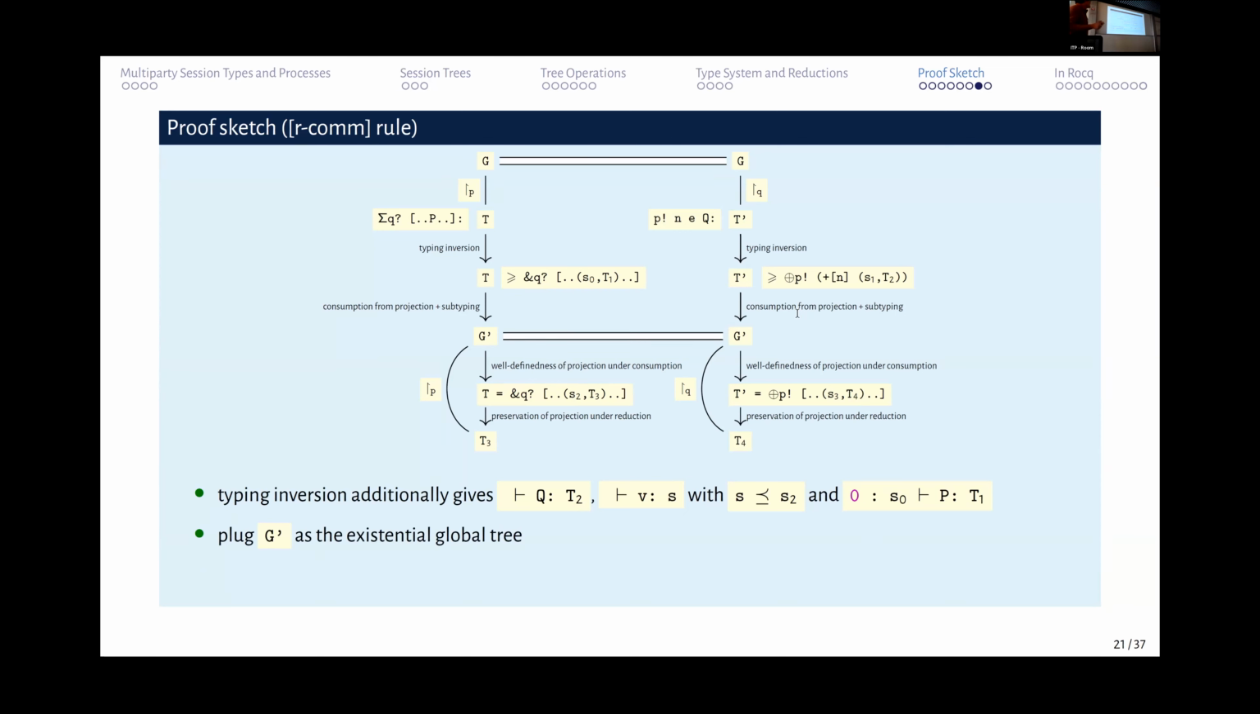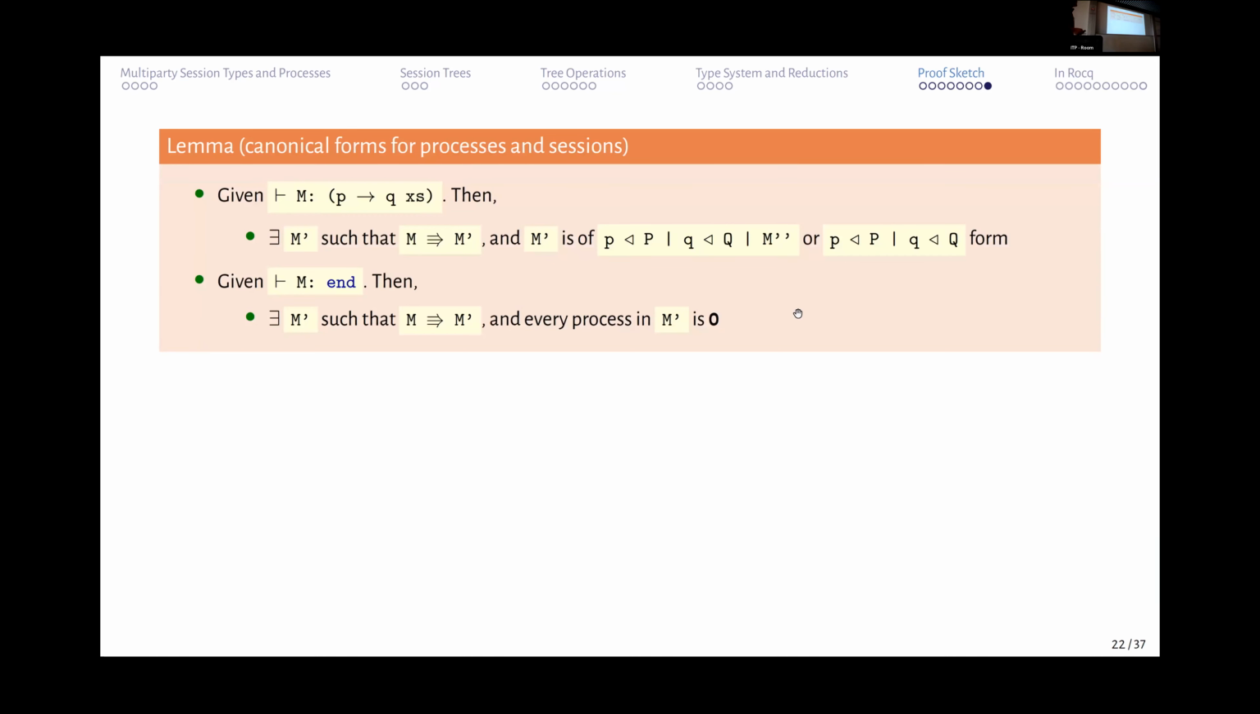But the gist is that the local type that G originally projected on already has information to talk about what the global type tree takes a step into and what it projects onto. And then we also show progress. And to show progress, we start with